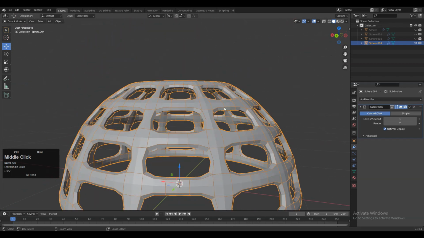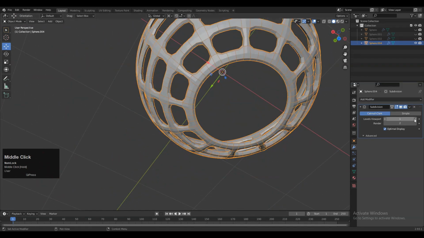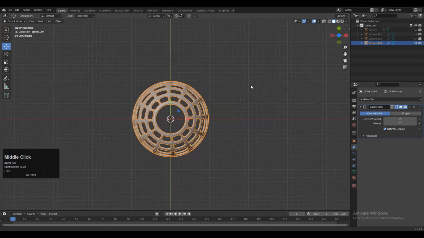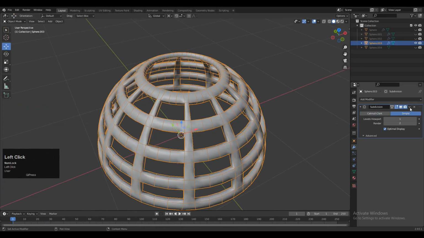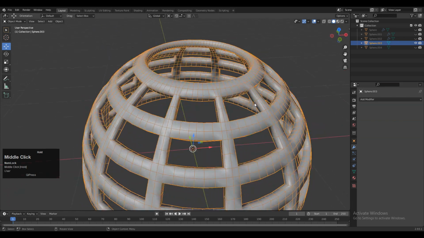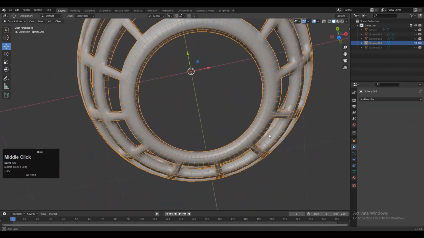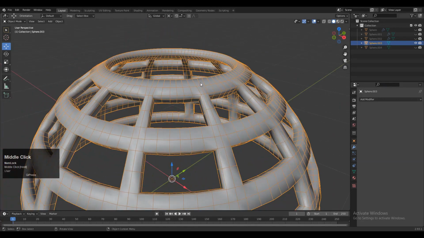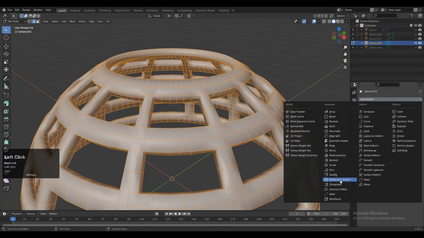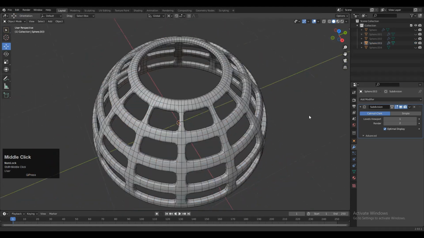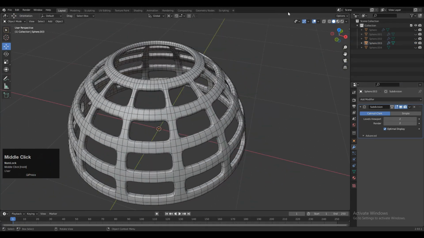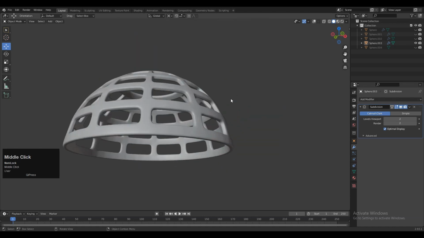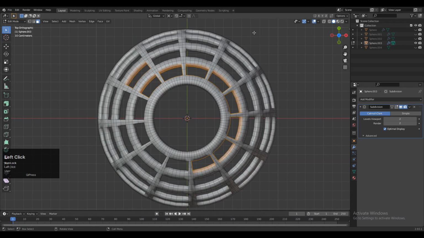Then you need to add the subdivide surface modifier, and then you can see we are getting this kind of form here. So shade smooth it. You need to apply that subdivide modifier with the one viewport level and keep that modifier on simple. And then you need to add one more subdivide surface modifier and increase its count up to 2. You can see this kind of form we are getting, and that looks pretty well.